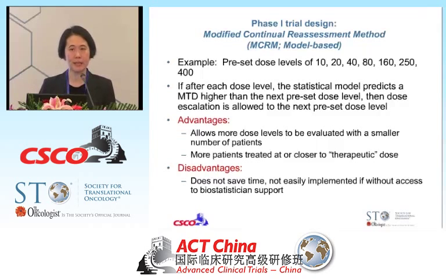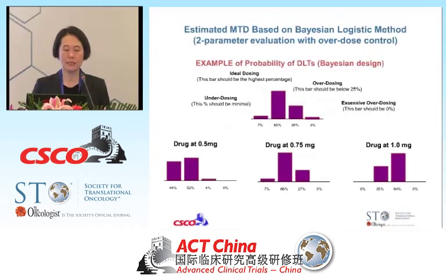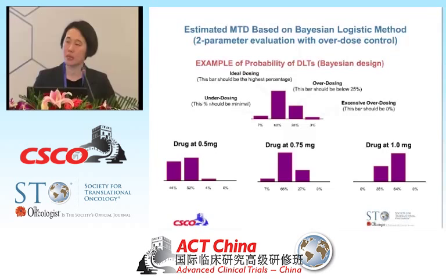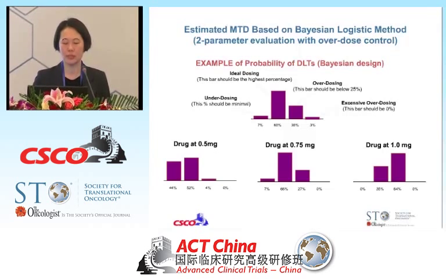And for the model-based design, you do need your biostatistician working very closely with you to help you decide at each dose level, after you finish, to fit the model to see how much closer you are to the recommended phase 2 dose. This is another version of the Bayesian design called EWOC, which is quite appealing because you're trying to estimate the patients that are going to be underdosed, and that's what you're going to try and avoid. You're also trying to estimate patients that are excessively overdosed. Again, you're trying to avoid that. And what you're trying to do is to get the highest percentage of patients who are getting the ideal dosing.